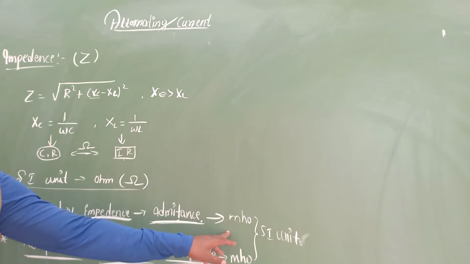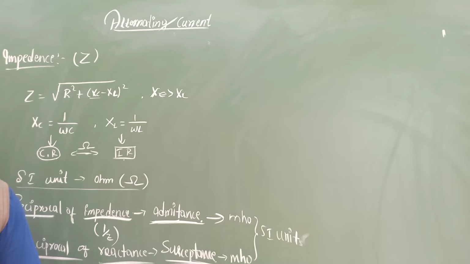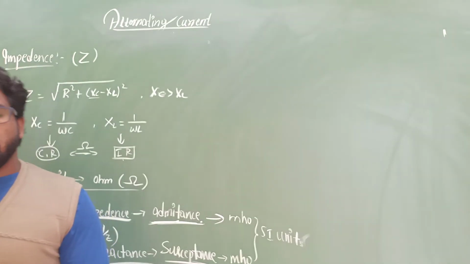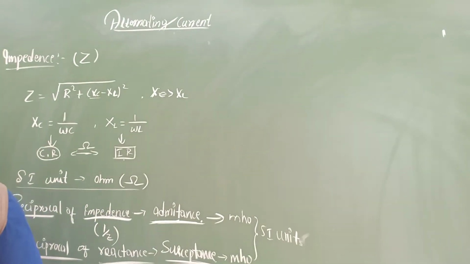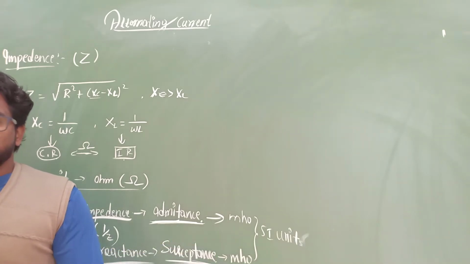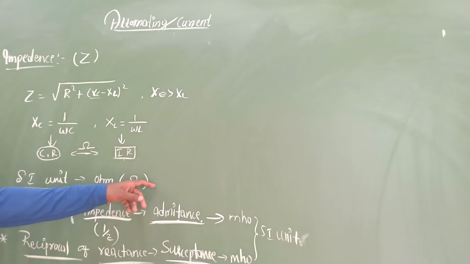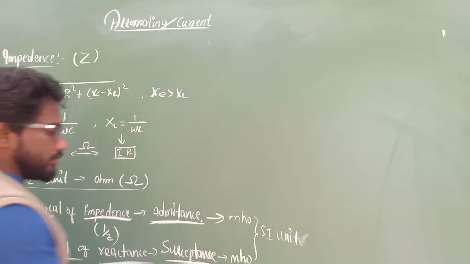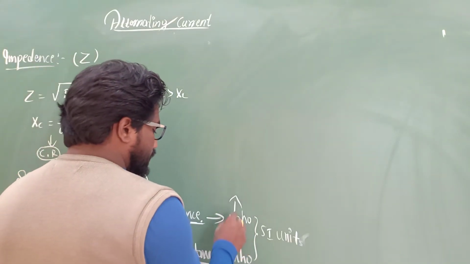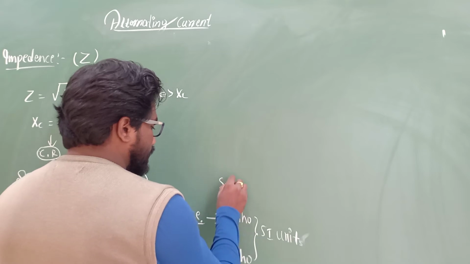While solving the numericals, instead of reactance or impedance, they may ask you to find the value of susceptance or admittance. It means first you have to find this value only, later you are going to take the reciprocal of that, and meanwhile you have to change the unit. Then the result you are going to get is nothing but mho, or we have another word. We can also write the SI unit of this as Siemens.